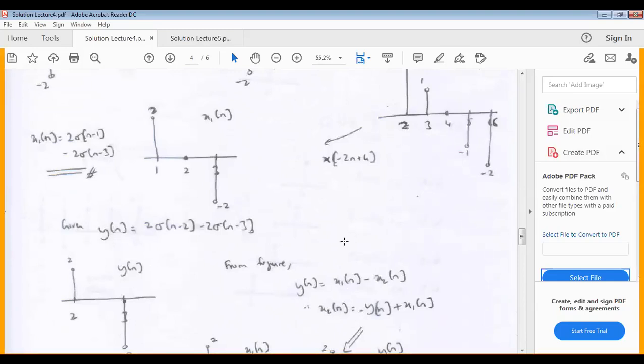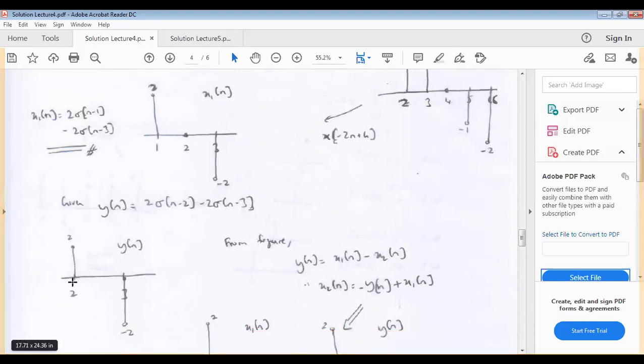But before that, we are given in the question that y[n] equals 2 delta[n minus 2] minus 2 delta[n minus 3]. So we can sketch the y[n] to look like this: amplitude of 2 at n equals 2, amplitude of -2 at n equals 3. Based on these equations, we go back to this equation, and we can then obtain the x2[n]